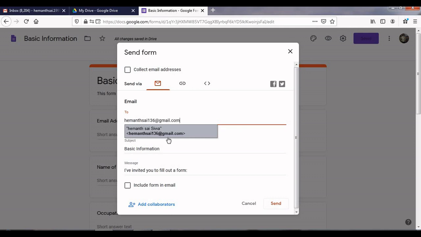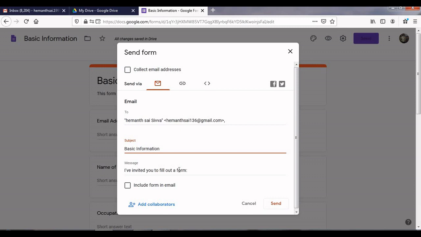Like this, I am sending it to myself, and the subject will be basic information. In the message, I invited you to fill out a form. Here we have include form in email. The same form will be included in their email. Otherwise, a link will be sent.